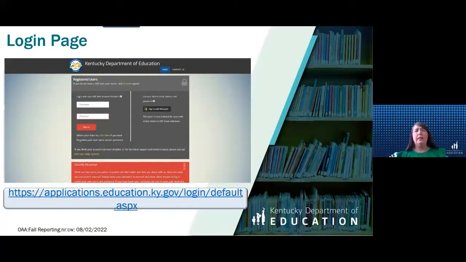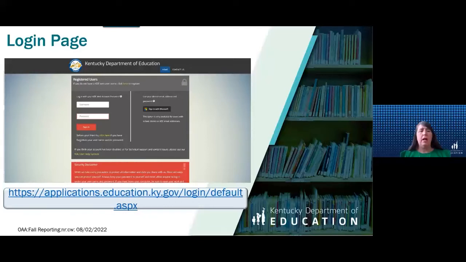Now, let's look at how we are going to get logged in and start the data review process. First thing, as I said, you always want to get with your WAPOC, your Web Applications Point of Contact. They are the ones who will be granting you access as a district assessment coordinator and also as a building assessment coordinator to look at the demographics for your students and get to the student listings.